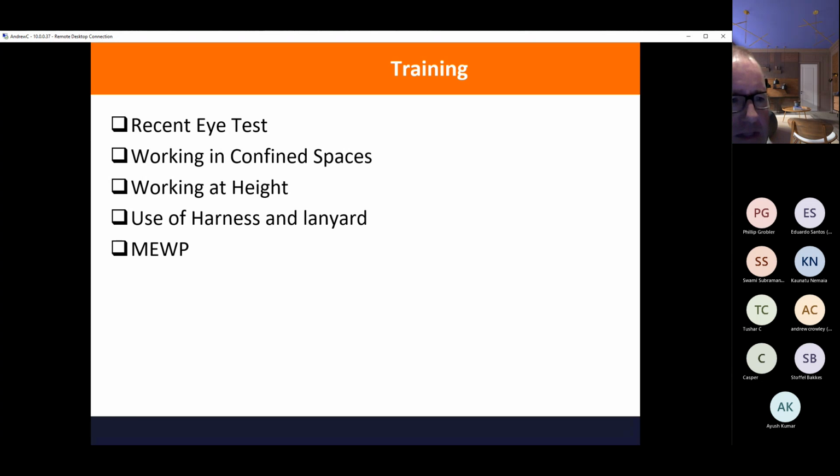In many cases, for a visual survey or access to a roof, you can use a mobile elevated working platform, and they come in all sorts of sizes these days. If you're in contaminated areas and you're worried about the dust and so on, you may need a respirator. And if you're going to have a respirator, you need training in how to use it, how to keep it sealed, and how to put it on and off.